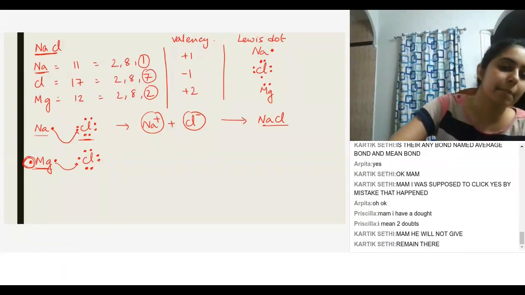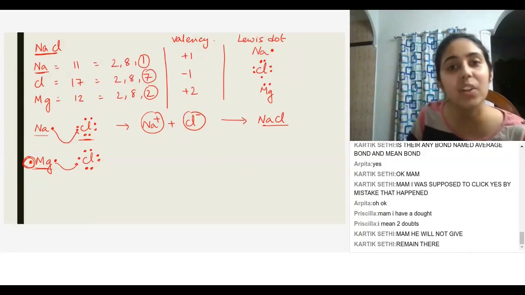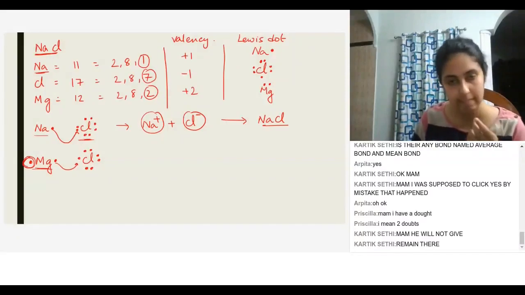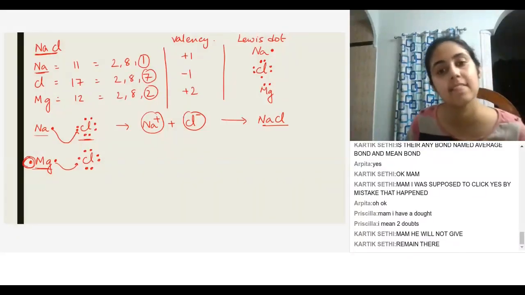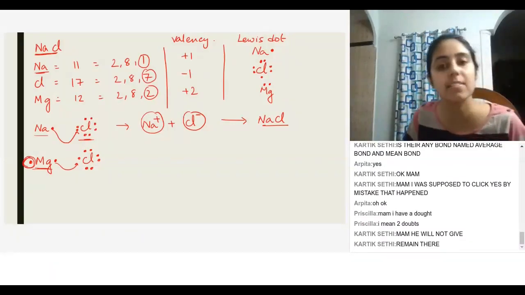Ma'am, I have a doubt. We learned that the weight of an electron is negligible. So it basically doesn't have any mass, so it's not part of matter. It does occupy space and it does have mass, but for our calculation purposes, we assume that it is massless, but it does have mass.